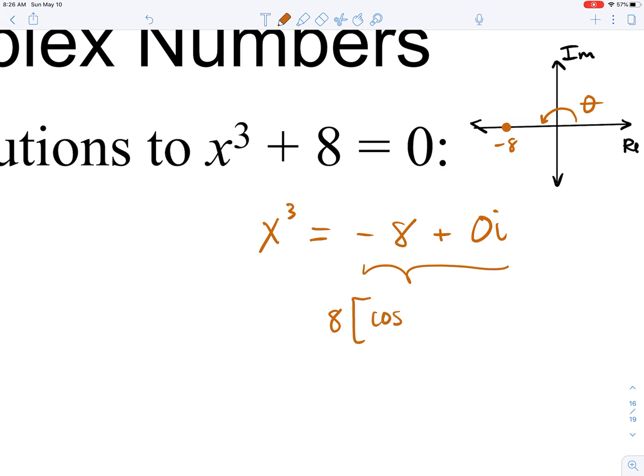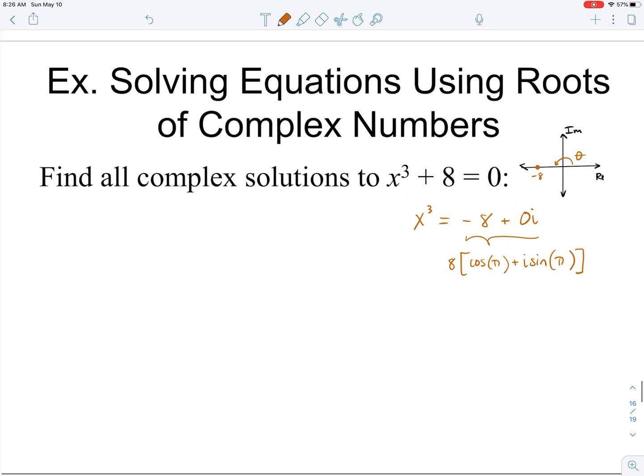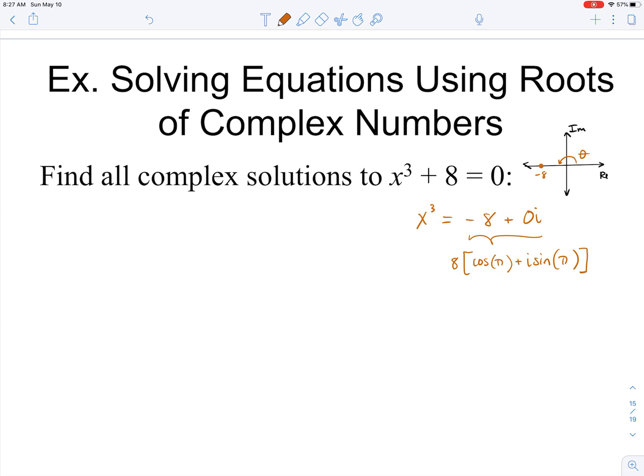So in polar form, negative 8 plus 0i would have a modulus of 8, and then the angle theta we could see would actually be pi, or 180 degrees. So 8 times the quantity cosine pi plus i sine pi would be negative 8 plus 0i in polar form. So now we're ready to